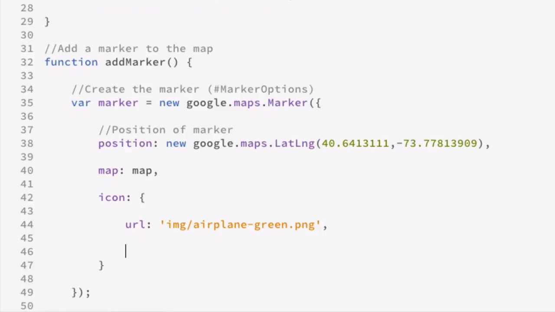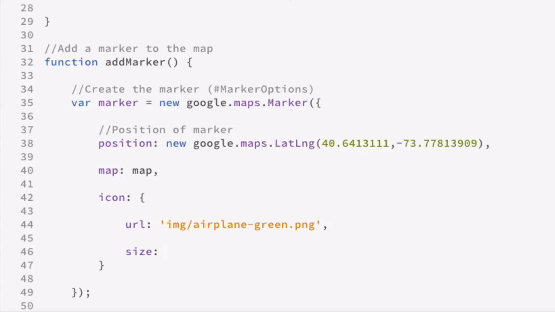Now that we've defined the URL of the particular image that we want to replace for our marker, we need to specify the size of that particular image, how we want it scaled, and where the origin and anchor points will be for that marker. So let's talk about the size. The size parameter defines how big the image will appear when it's placed as a marker on the map. For the examples in this course, all of the airplane icons or images that I've created are all 64 pixel by 64 pixel images. For this particular example, we want to use 32 by 32 pixels as the dimensions of